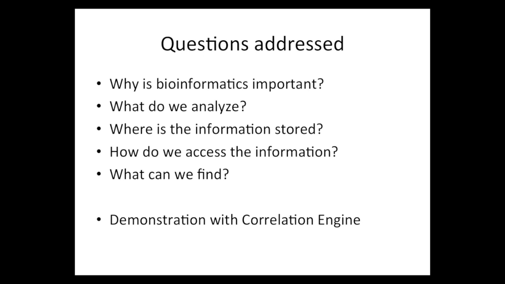And once we have all this information, what do we find? What do we look for when we actually get a huge gene list? Some of these gene lists can be over 1,000 different genes that are different in a situation. How do you make biological sense of that? And I'm going to tell you right now, that's where I specialize, because I'm a biologist at heart. That's what I want to know.